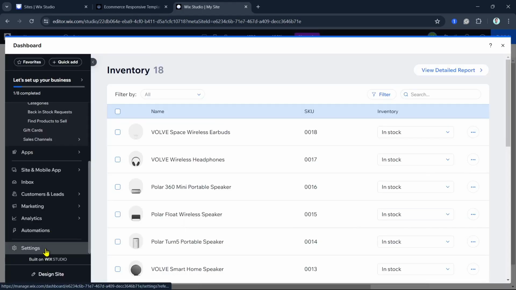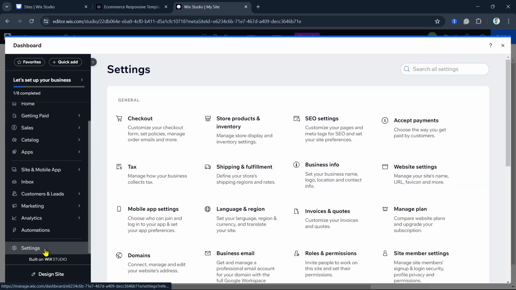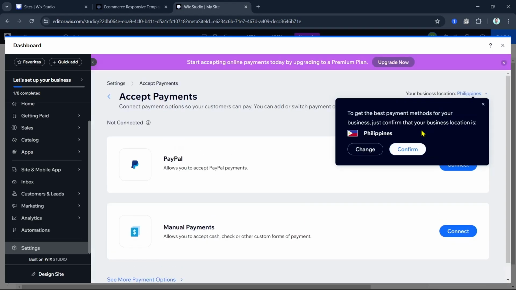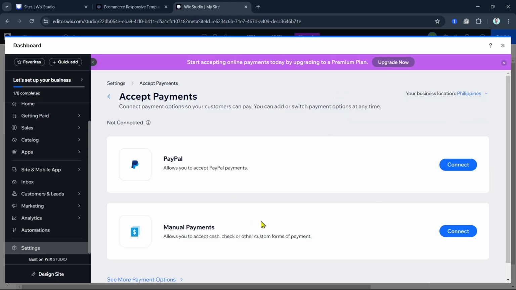Now you can set up your payment method. Just go to settings on your dashboard, and from here you just need to select the accept payments option right there at the top right. And once you click on this one, as you can see, you can choose the payment methods you want to offer, such as credit cards or PayPal or other payment gateways, and follow the prompts to connect your payment